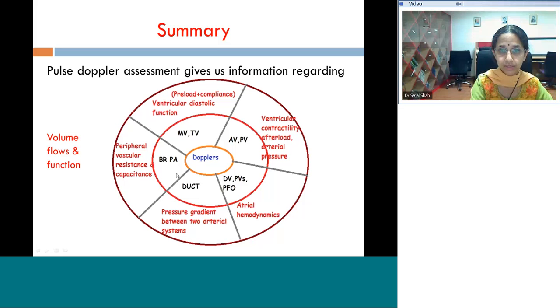So what is it going to give us is the ventricular compliance and the diastolic functions known from the AV valves, the ventricular contractility, the afterload and the arterial pressures from the semilunar valves, the atrial hemodynamics based on the ductus venosus and the PFO Dopplers, the pressure gradient between the arterial circuit, or even a premature ductal closure based on the ductus arteriosus Doppler, and peripheral pulmonary vascular resistance and capacitance based on the branch PAs, and at the end of it we get volume, flows and